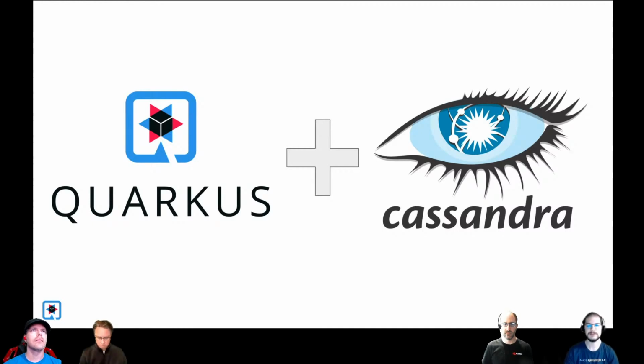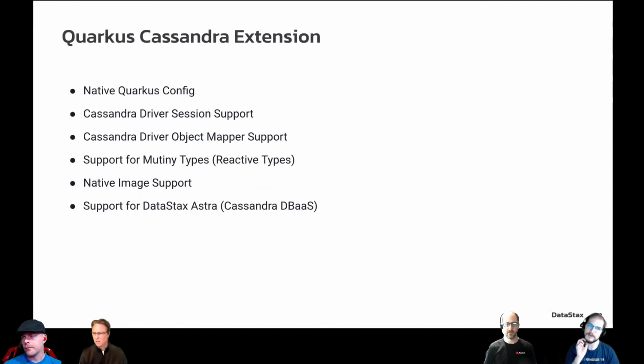So the way you guys will see this as we get into the live coding, the way Quarkus is laid out is it works based on extensions. All the different Java libraries that you're used to using, a lot of them have extensions in Quarkus, and you can pick those out and throw them in your pom, and you're ready to roll. So the features of our Quarkus Cassandra extension include native compilation, which we talked a bunch about already with Eric,